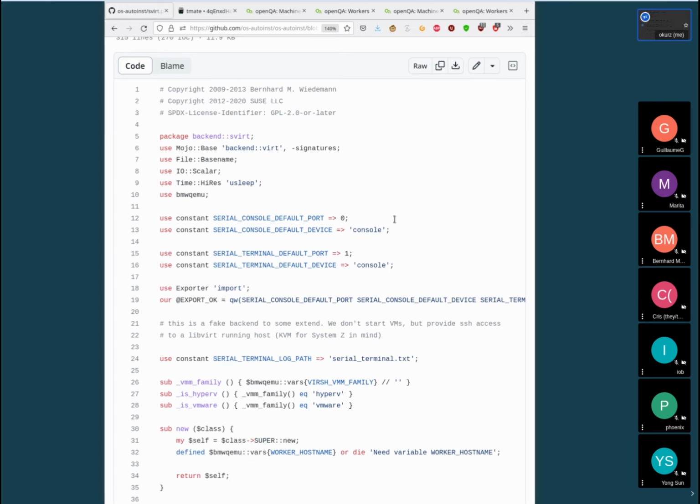So the SVirt backend, basically it's described by these two sentences. This is a fake backend to some extent. I would call it a stub backend. We don't start VMs directly, but provide SSH access to a libvirt running host. KVM for system z in mind. So this is where it actually started, but we can already see immediately after that where it mentions Hyper-V. Actually, let's start from the top. From the top. So